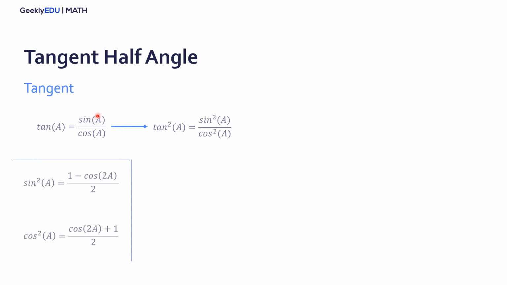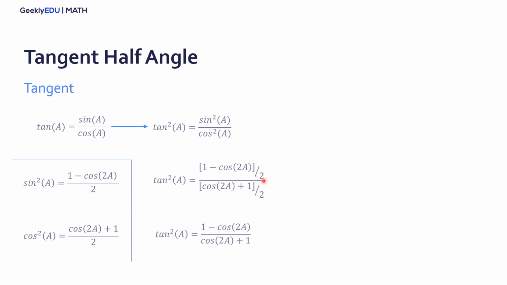And now we need to remember those correlations we've made before, for the sine squared and cosine squared. Let's calculate the tangent based on these two other formulas. So the tangent squared of a equals this, the sine squared, over the cosine squared, which is this. All right, now we can simplify